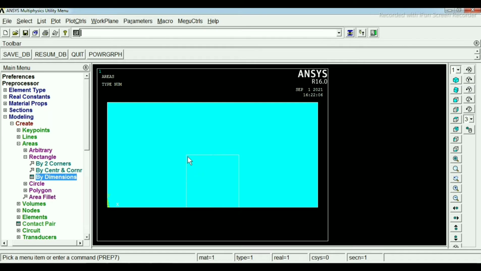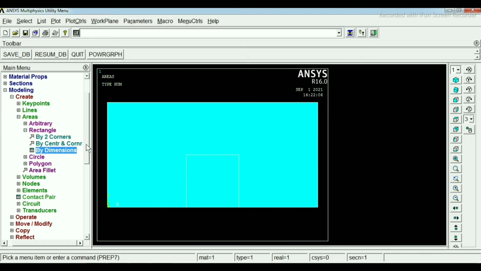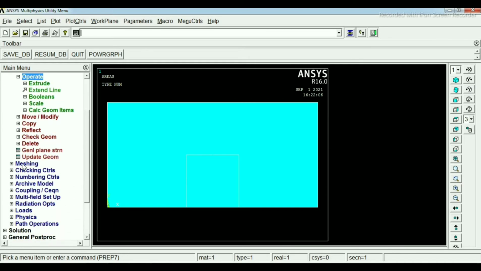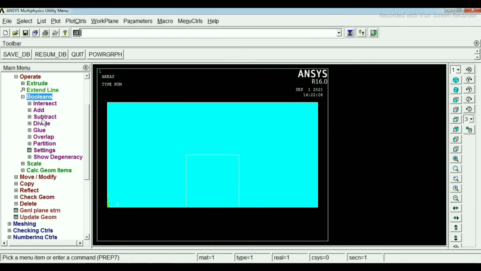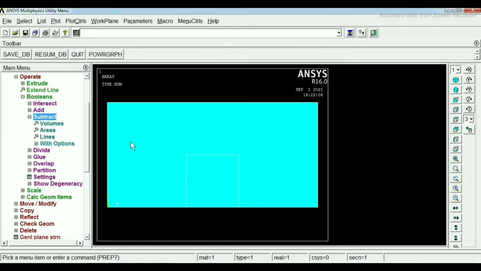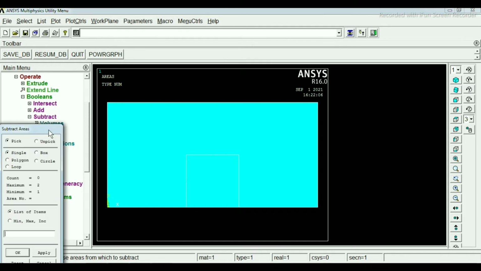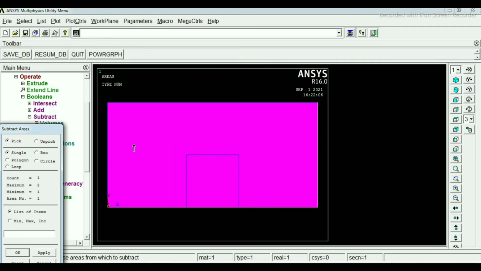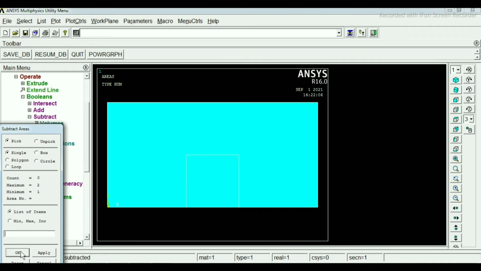Now we have to subtract this small rectangle from the bigger rectangle. For removing this small rectangular cut, go to operate, then boolean, then subtract, then areas. Select the bigger rectangle, then click on OK.